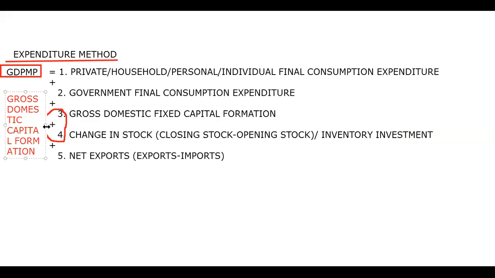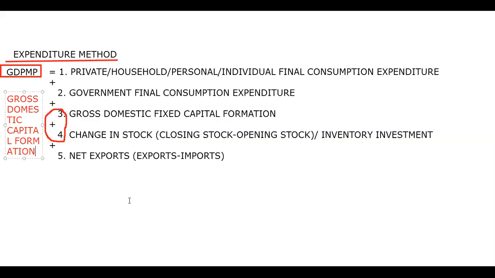See, if I add up these two points, third and fourth, what I get is gross domestic capital formation. Can anybody tell me what is the difference then in this point? Because we had third point gross domestic fixed capital formation, fourth point change in stock, and if I add up these two, I simply get gross domestic capital formation. What is the other thing? कौन सी ऐसी चीज नई आ गई इसके अंदर जो पहले नहीं थी?